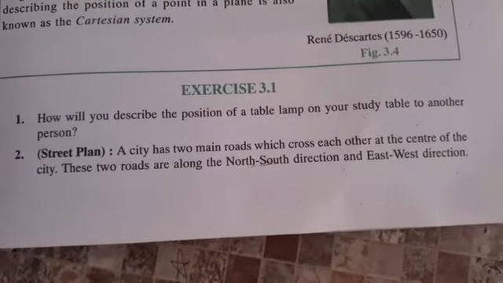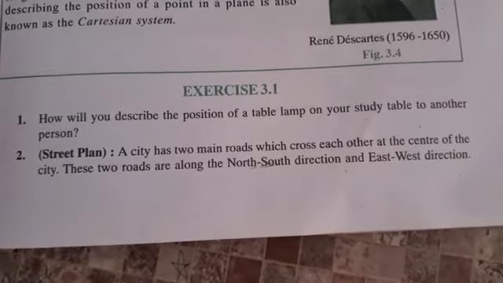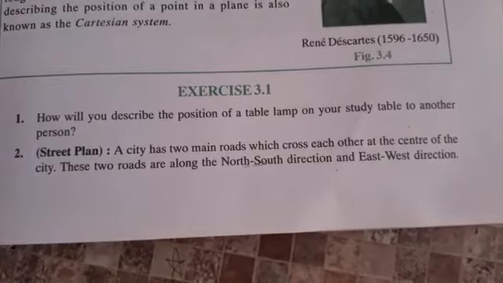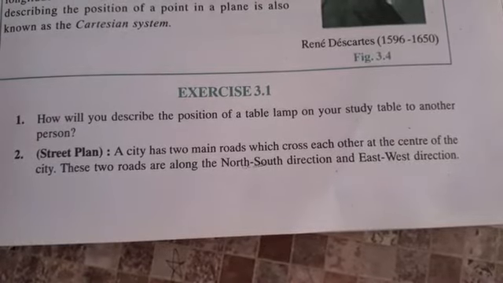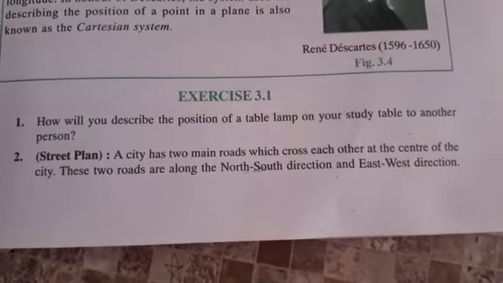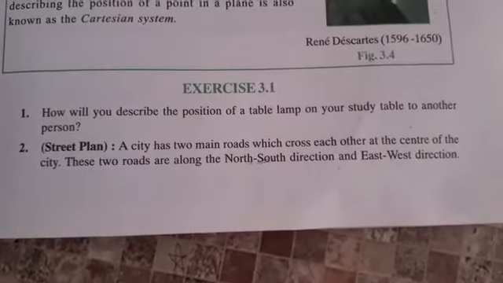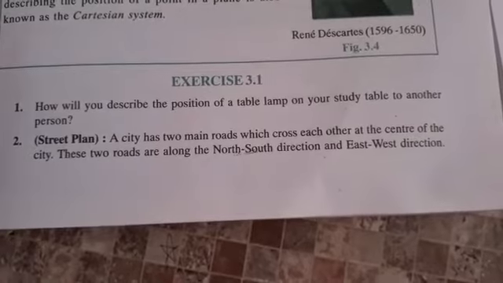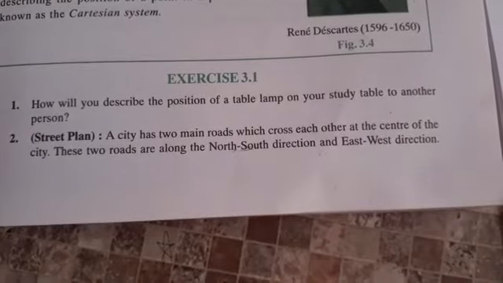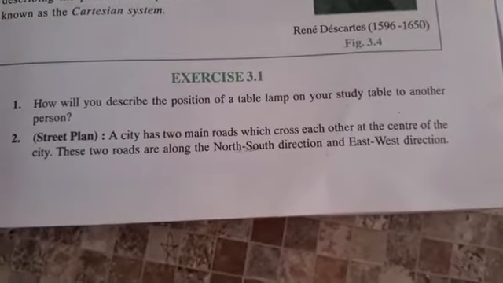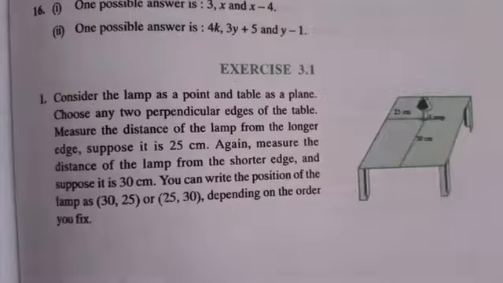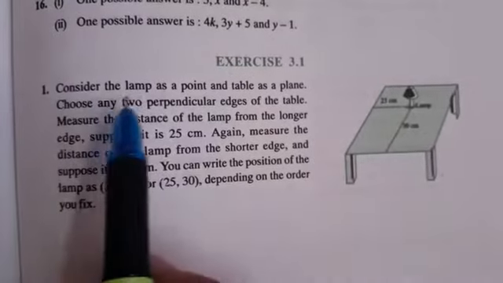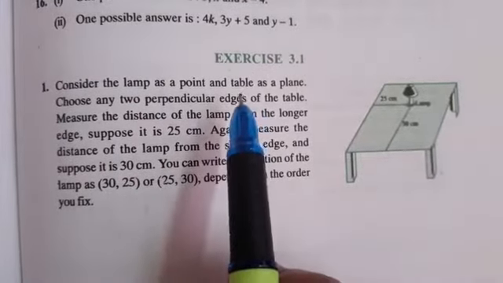Now we will see the exercise questions, that is from exercise 3.1. Question number 1: How will you describe the position of a table lamp on your study table to another person? Suppose a table lamp is located on a study table. How will you describe its position to another person? So the answer is, consider the lamp as a point and the table as a plane,